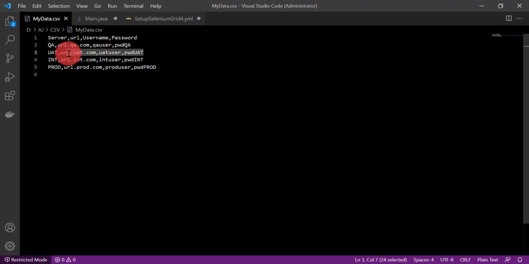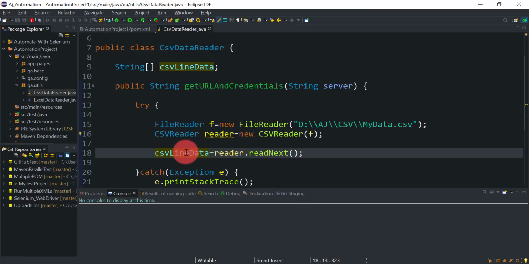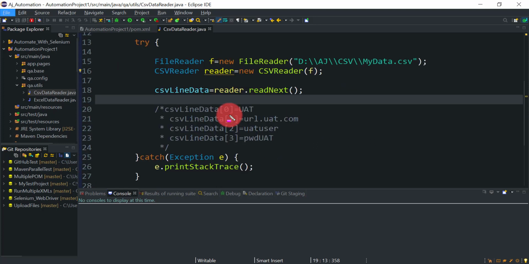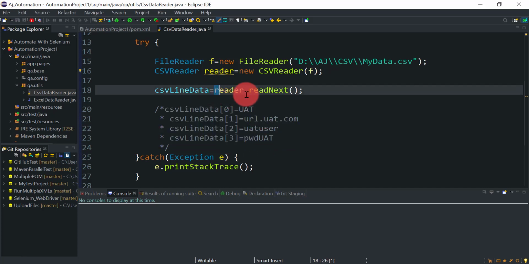For example, if I send UAT, I will get these 4 values available in this csvLineData array. Let me add it for a better understanding. For the UAT server, this is how we will get the data: at the 0th index of this array we will get UAT, then URL at the first index, then username at the second index, and at the last index you will get the password. So this is how this method will return the values from the CSV file.